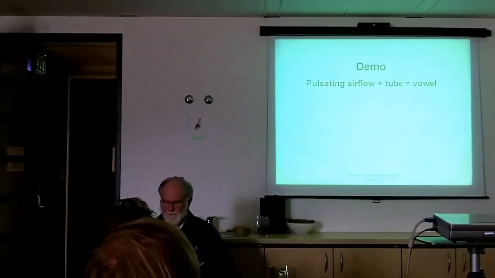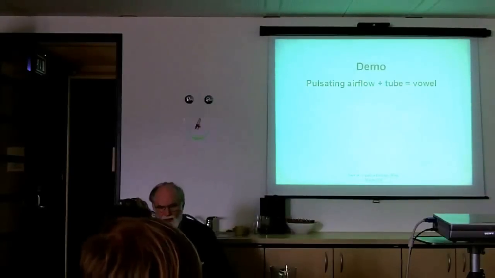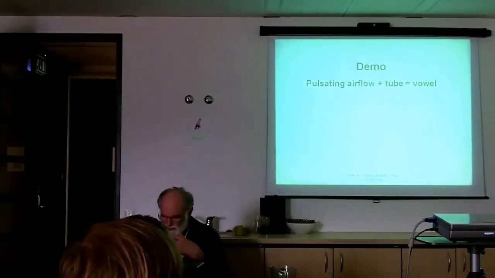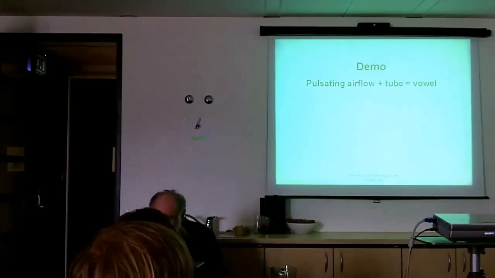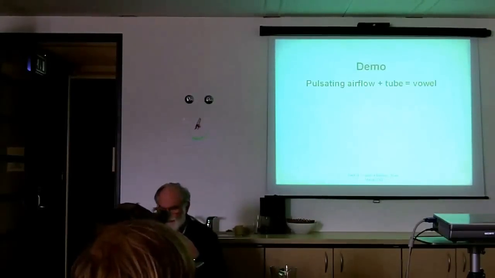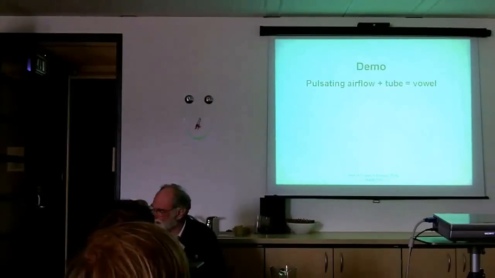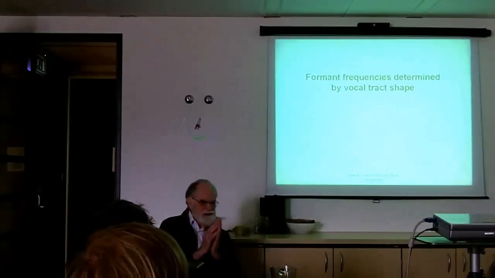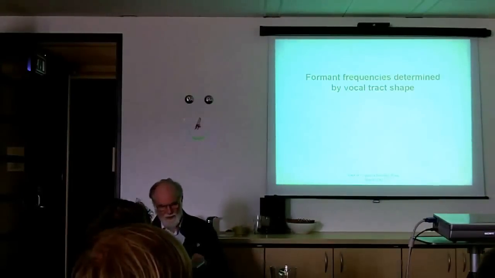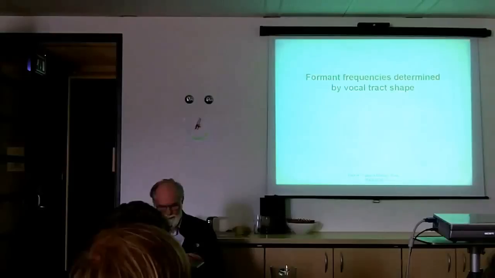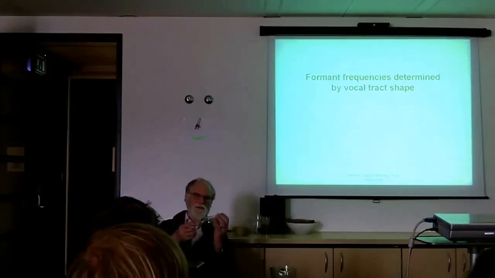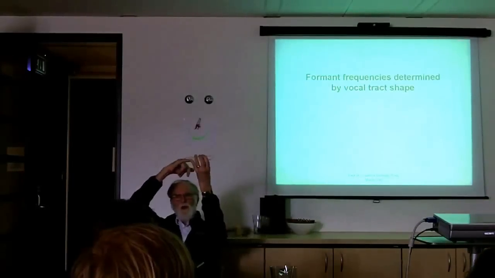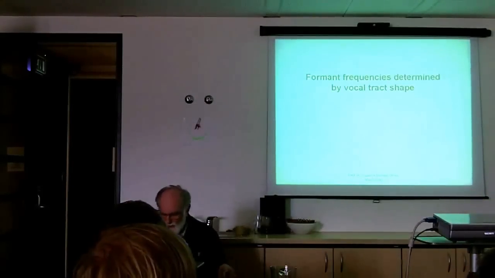Okay, so the pulsating airflow plus a tube, that means the transfer, the frequency curve that goes up and down in peaks and valleys, they produce a vowel sound. The formant frequencies, the resonance frequencies of the tube, are determined by the vocal tract shape, as I suggested just a minute ago. So if I put a constriction somewhere here, the resonance frequencies of the tract will change,